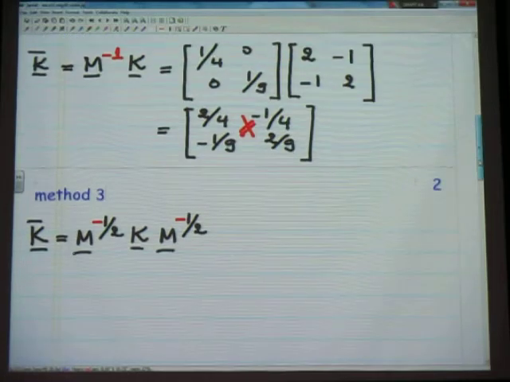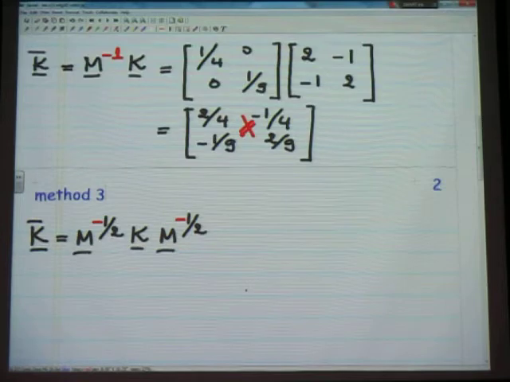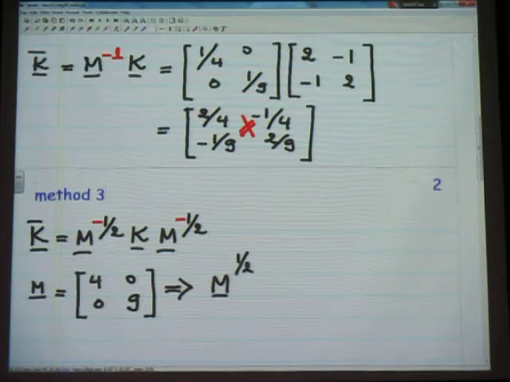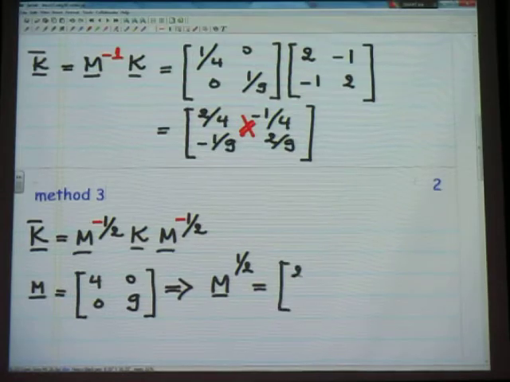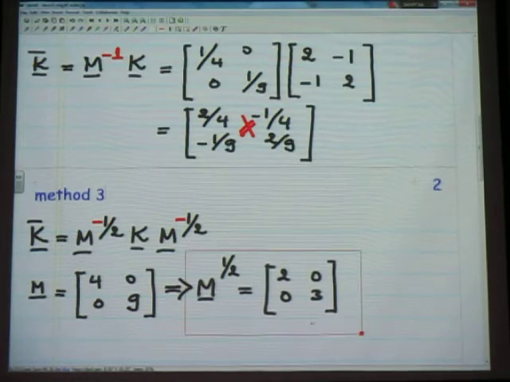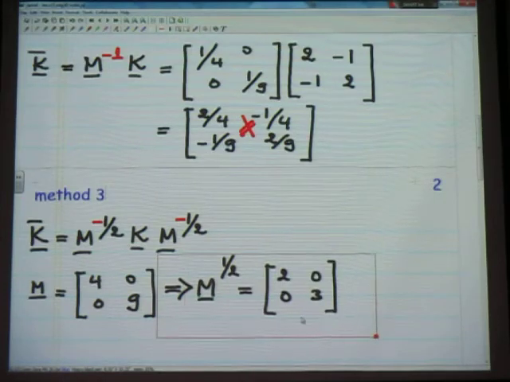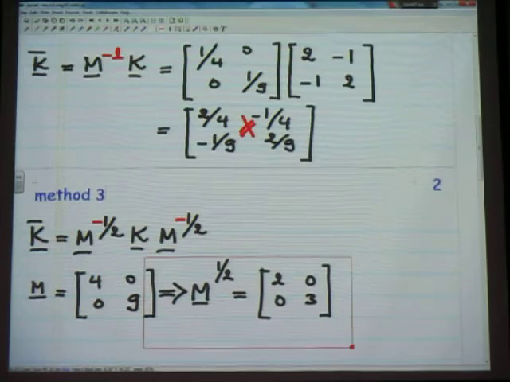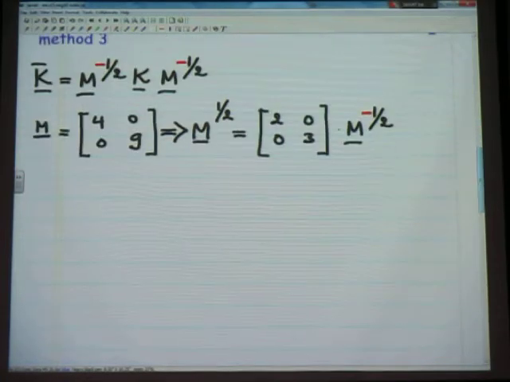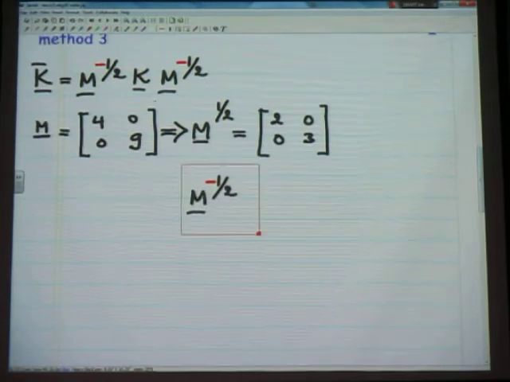Recall that m was diag(4, 9), and therefore m to the power 1/2 is the square root of 4 and 9, that's diag(2, 3), and so therefore m to the minus 1/2, I'll rearrange later, is simply